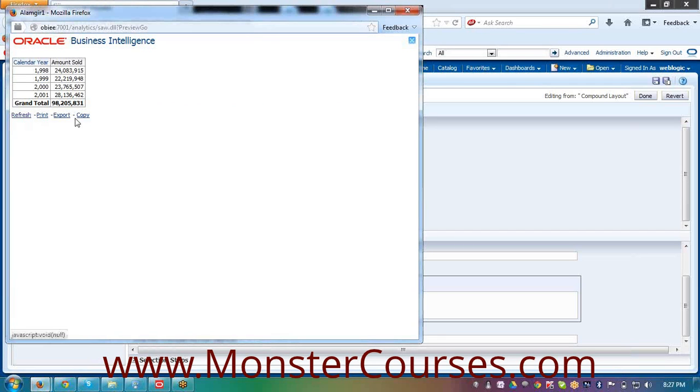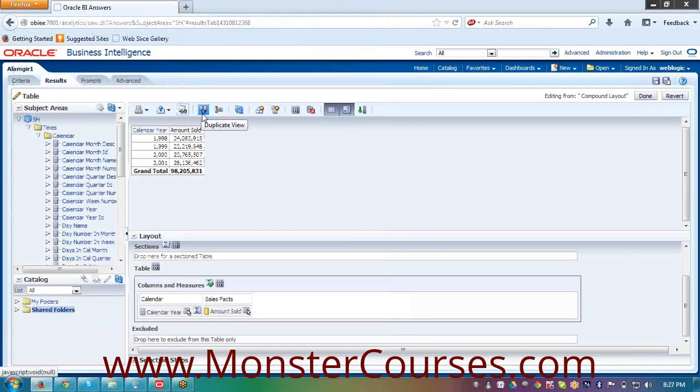You see that? Then you have links here to refresh it, to print it, to export it. Again, when you export it, you can export to different formats, PDF, Excel, PowerPoint, the same formats. Or if you want to copy it, you can click on copy and paste it wherever you want.